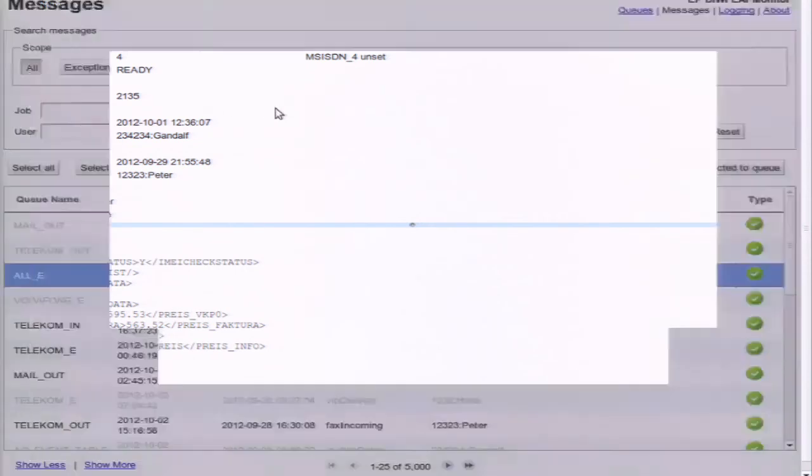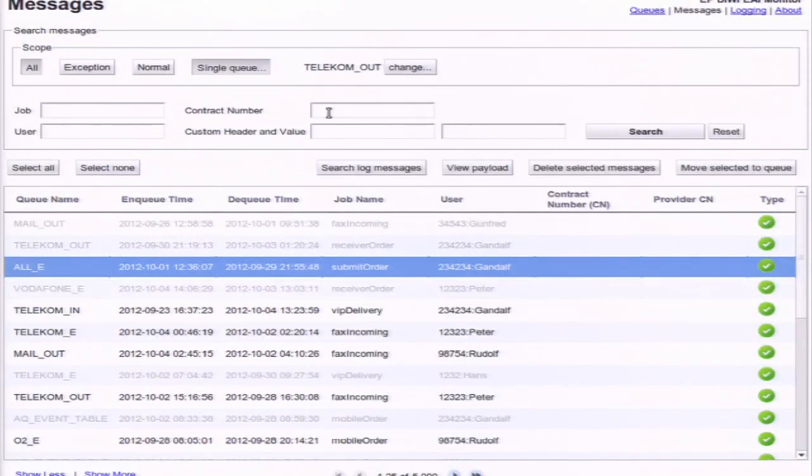But this may also be business information, like a contract number or an order number or an article number, whatever. What we have here in that business domain is usually a user that is responsible for the business process, a contract number, or just anything else. A custom header of the message, a custom value. That's what you can use to search for messages here.